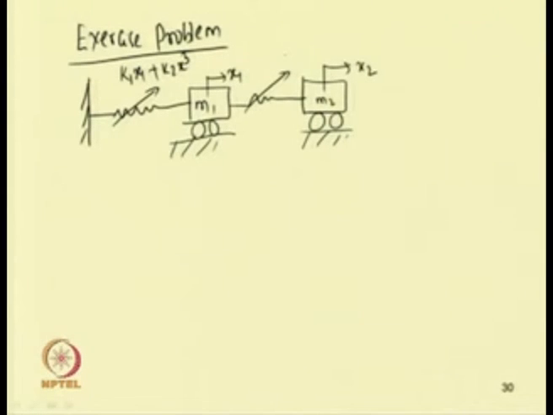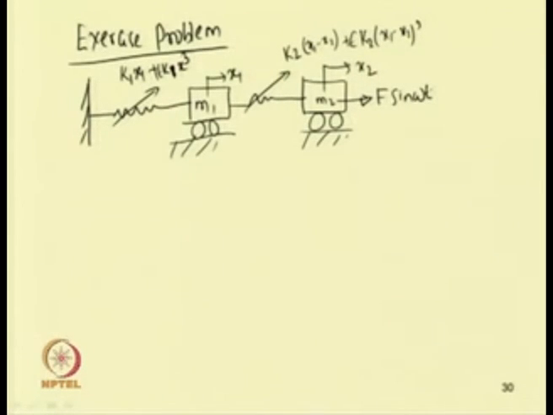Cubic nonlinearity. Here also one can take this cubic nonlinearity and write the equation using this k2. So, the displacement will be x1 minus x2. Let us write this as epsilon k1 x1 cube. This is k2 plus epsilon k2, so this term can also be written as epsilon k2 (x1 minus x2) cube. Taking this nonlinearity, let a force be applied here, equal to F sin omega t.